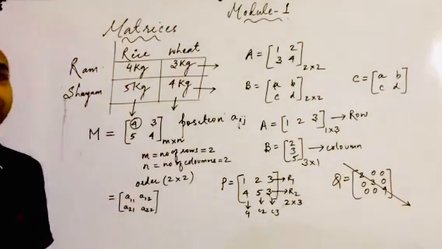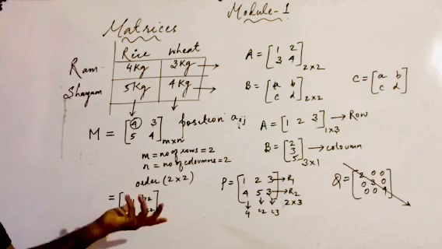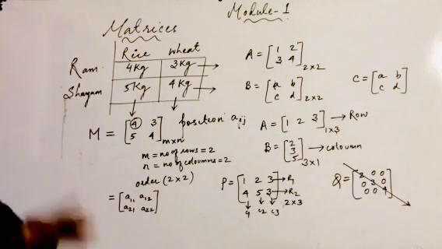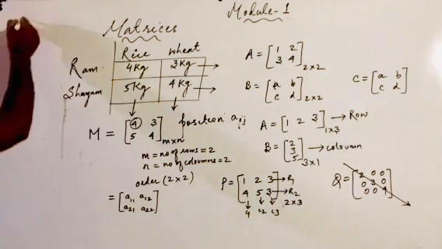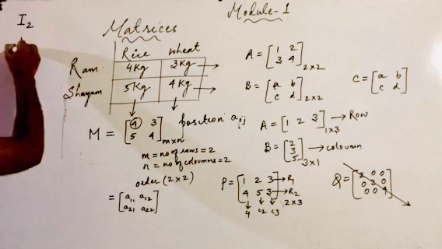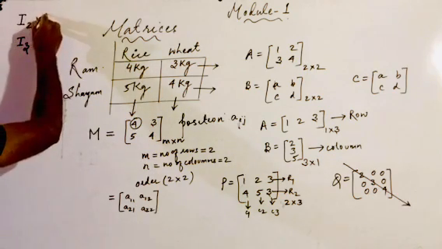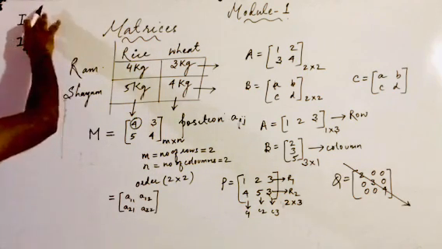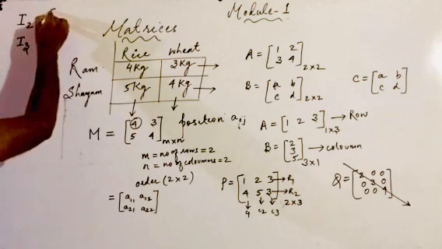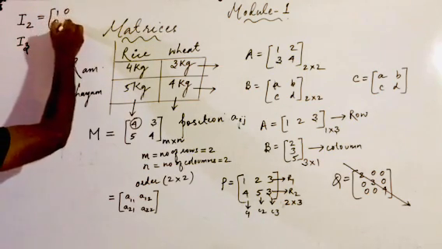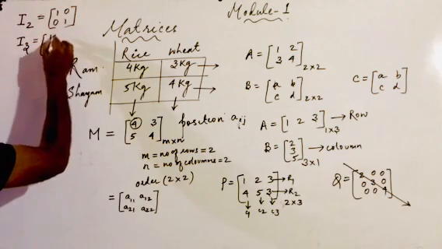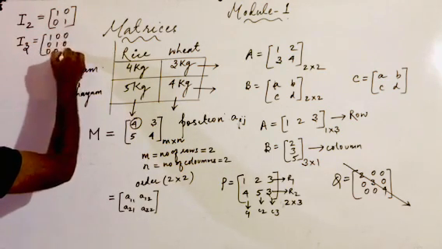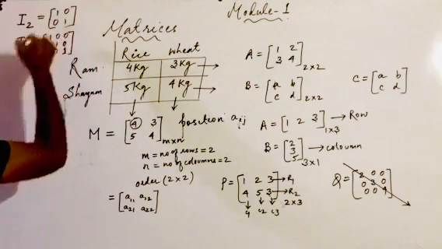Now the unit matrix. The diagonal matrix in which the leading diagonal elements are always unit, that means the value of the leading diagonal elements is 1, we call it a unit matrix. Am I clear? The unit matrix is denoted by the alphabet I. So this is I2, and suppose it is I3. What is the meaning of I2? I2 means unit matrix of order 2. I3 means unit matrix of order 3. When I write I2, you write 1, 0, 0, 1. So this is the unit matrix of order 2. When I write I3, it equals 1, 0, 0, 0, 1, 0 and 0, 0, 1. So this is the unit matrix of order 3.